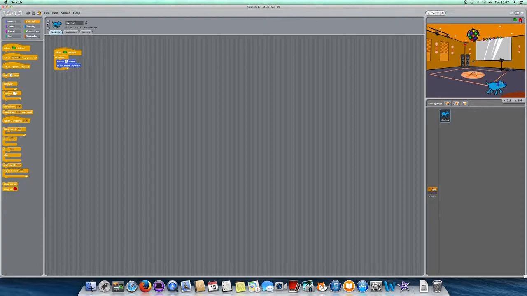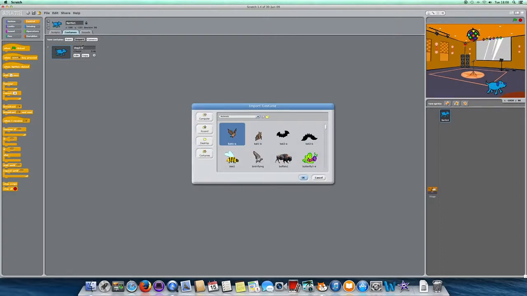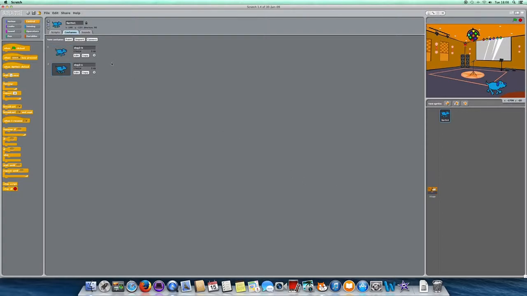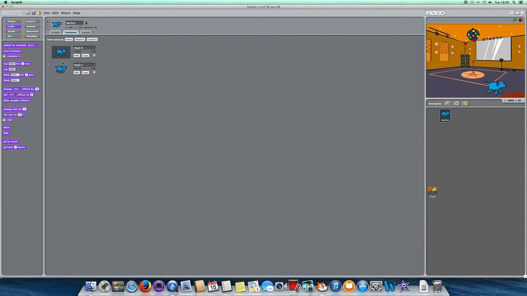So what we're going to do, we're just going to go to costume, and then same again, if you import, this time I want you to choose dog C, dog 2C as it says on here, and then click OK. And then if you go back to your scripts here, what we want to do is to change costume. If I quickly go back again and click between them, you'll just see his legs are moving on the stage. So we just want him to continue to walk. So if you go to the next costume,